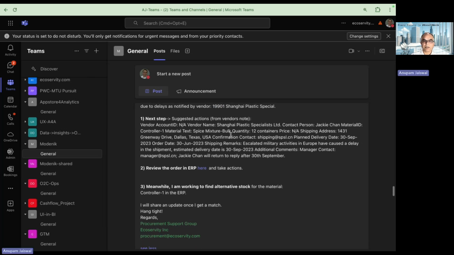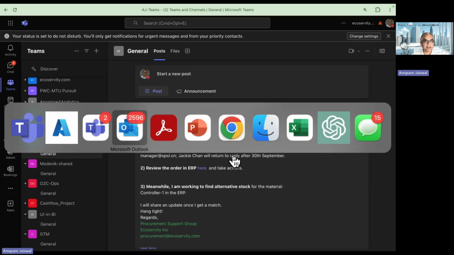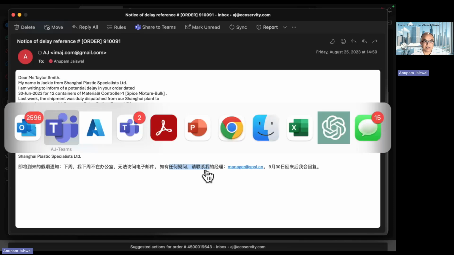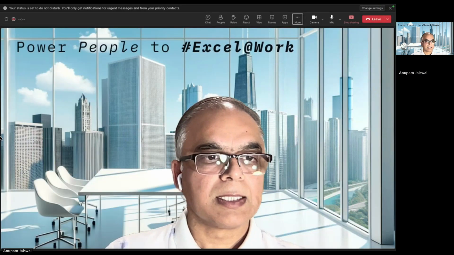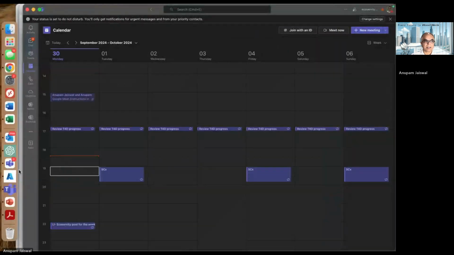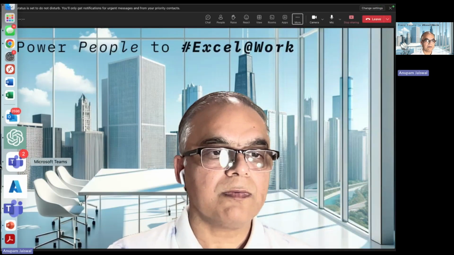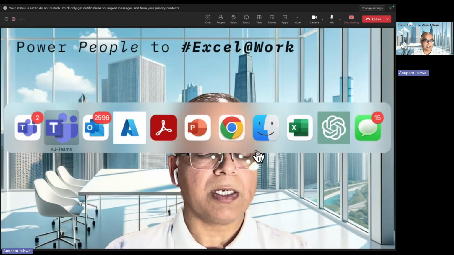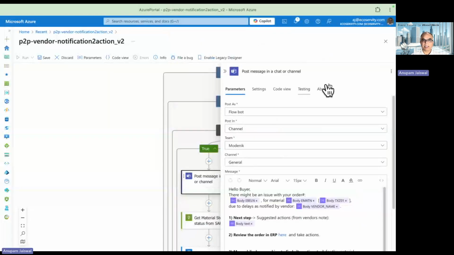Now it is also saying that, remember some of the Chinese characters which were there in the email, characters like this can be easily missed out, but what it was telling is that this particular person will be out of office during these dates. Additional comments, and their manager should be contacted during this period, right? So what goes on is the next step